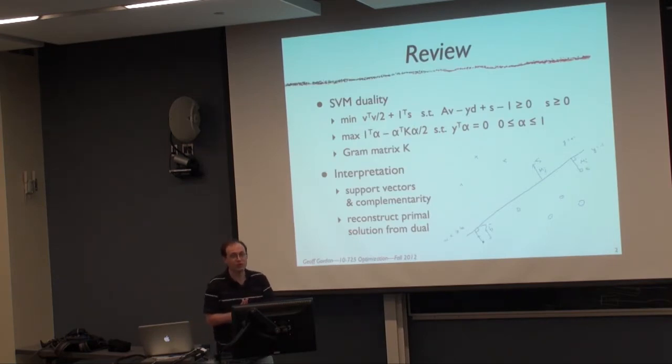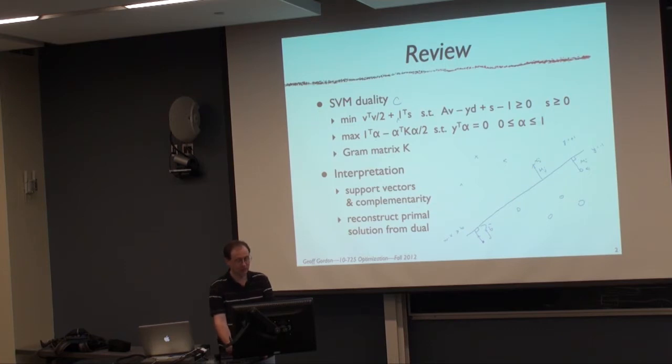If you remember, last time we finished off support vector machines. We talked about duality for support vector machines. So we have the primal dual pair here of support vector machine problems. The primal is to maximize the margin by minimizing the squared norm of the weight vector plus some constant times the sum of the slacks, subject to feasibility, right? This is saying that everything is correctly classified except possibly for the slack. And then the dual is a minimization problem